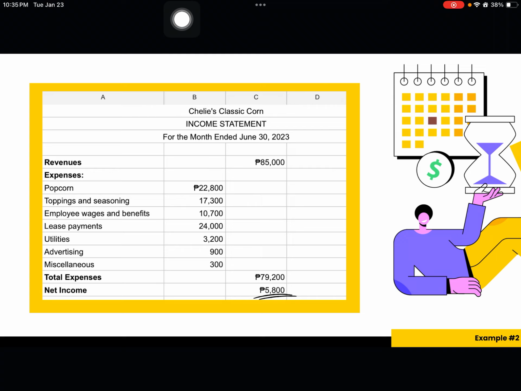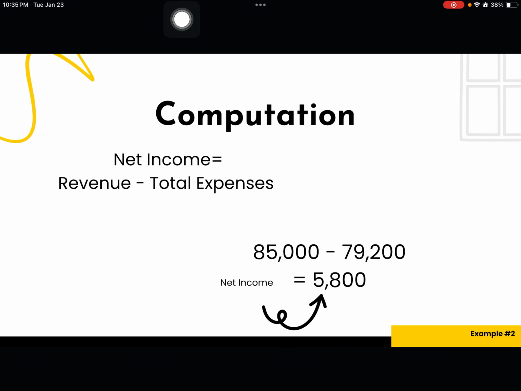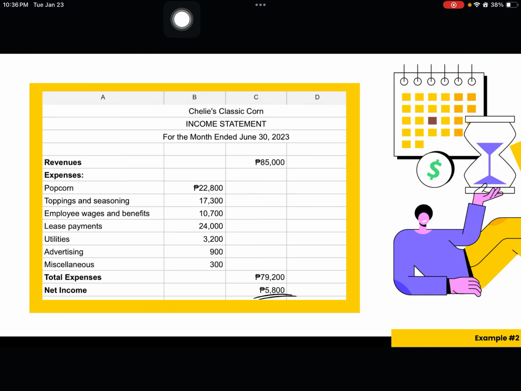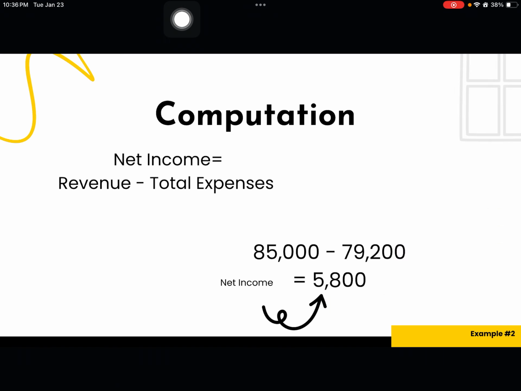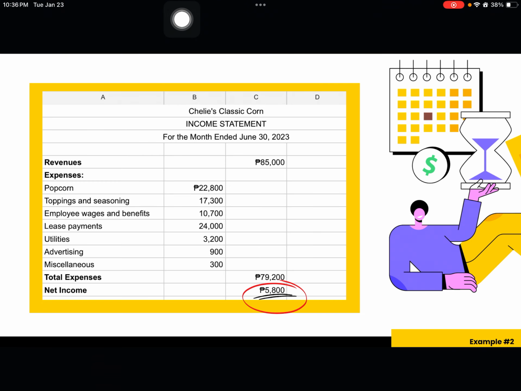Subtracting expenses from revenues. Now, the computation of how to get the net income. As you can see earlier, our revenue is 85,000 pesos minus 79,200 pesos of total expenses, which is 5,800. Next,